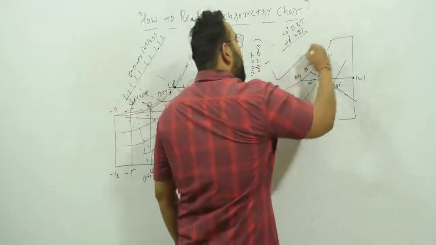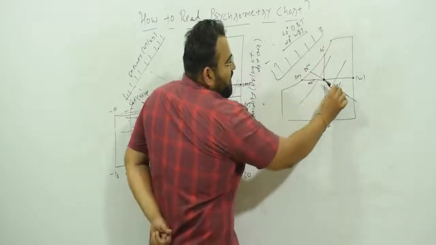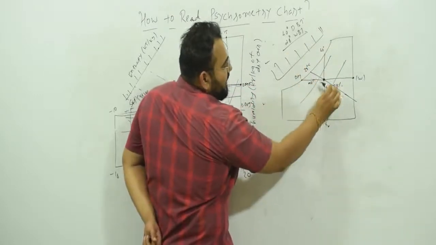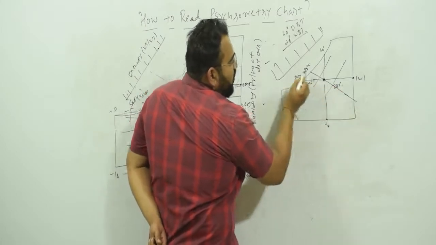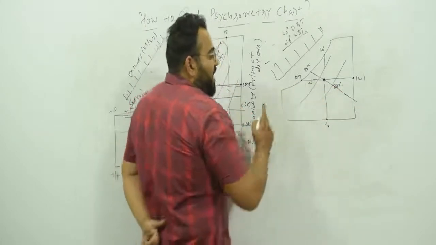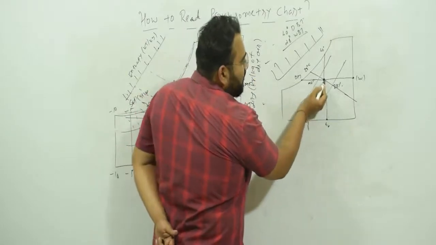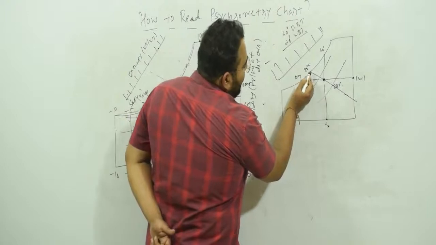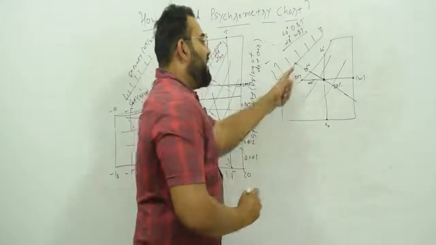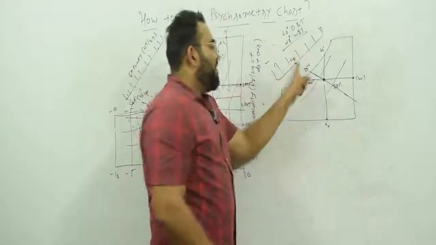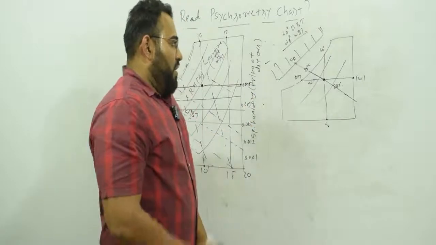You know that you will have an enthalpy scale something like this. For that intersecting point, we know that it is passing through the 28 degrees Celsius WBT line. To find enthalpy, you just have to extend the WBT line which is passing through that point. So I will extend the WBT line, and wherever it intersects the enthalpy scale, let's say it is written 90 over here, then enthalpy will be 90 kilojoule per kg. Okay, so this is how you can find it.